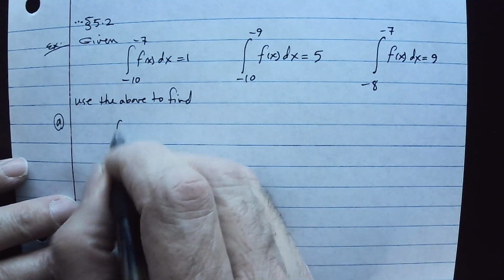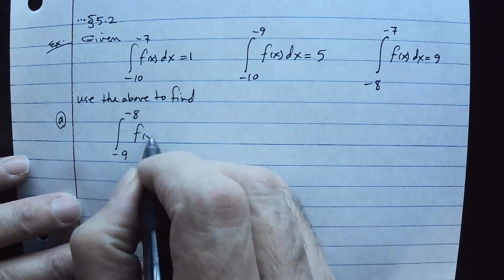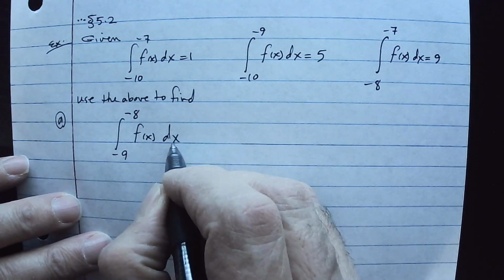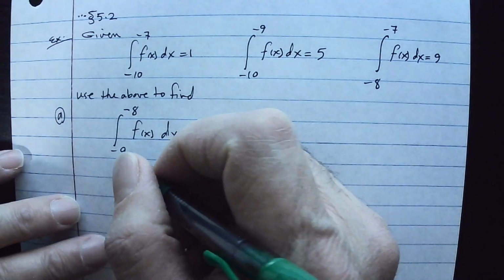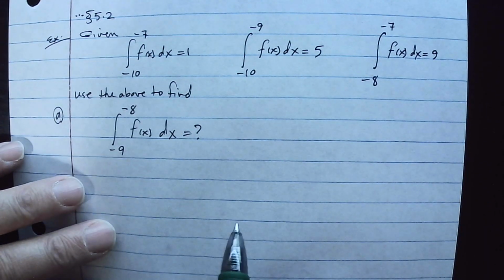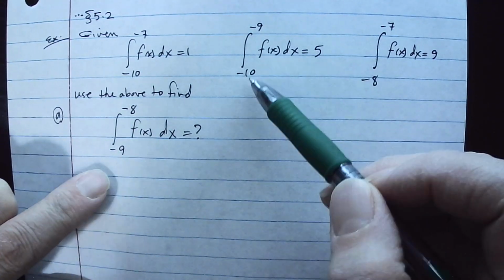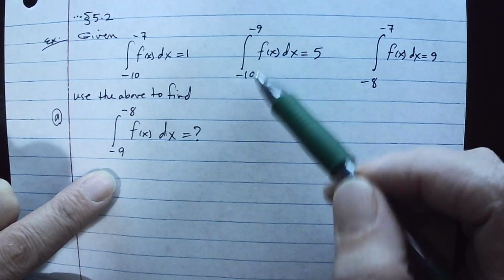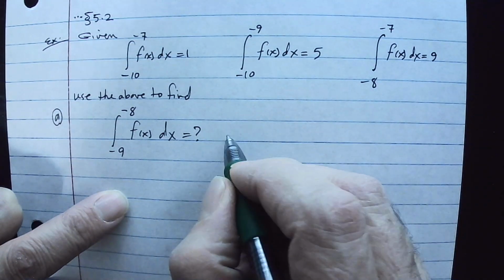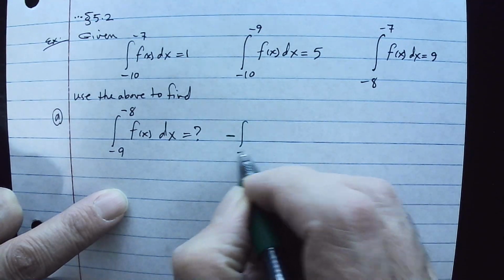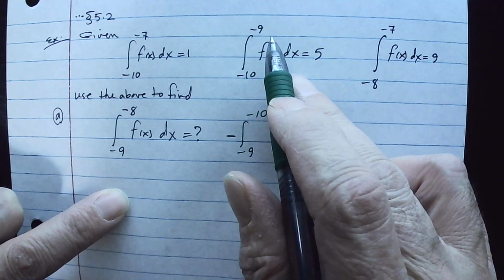the integral from -9 to -8 of f of x dx. So here, to go from -9 to -8, none of these match this, but we may start with -9 to -10, which needs to be switched or reversed, and if we do that, we need to multiply it by a negative, so it becomes negative the integral from -9 to -10, and then from -10 we can go to